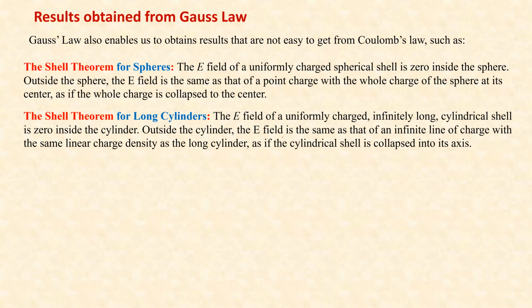There's also a shell theorem for long cylinders. The E field of a uniformly charged, infinitely long cylindrical shell is 0 inside, and outside the cylinder, the E field is the same as that of an infinite line of charge with the same linear charge density as the long cylinder, as if the cylindrical shell is collapsed into its axis. Again, for Gauss's law it doesn't matter how the charge is distributed, as long as there's symmetry, you get the exact same result. But that one is very hard to get from